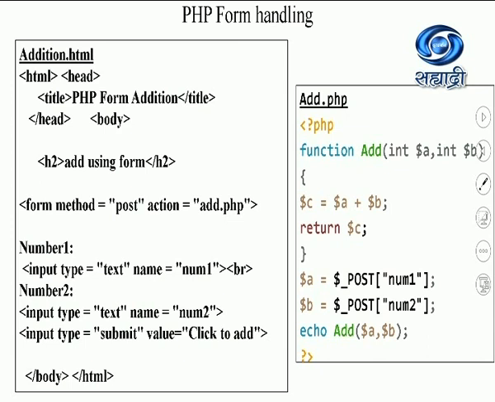Students, let us learn form handling by using PHP. So this is a simple form over here using which I want to accept the value from the user. Here I wrote the form which we have already learned in HTML5, how to create the form. In this form, I have used the method post and action as add.php. In this, I have created two files. One is addition.html and another is add.php.